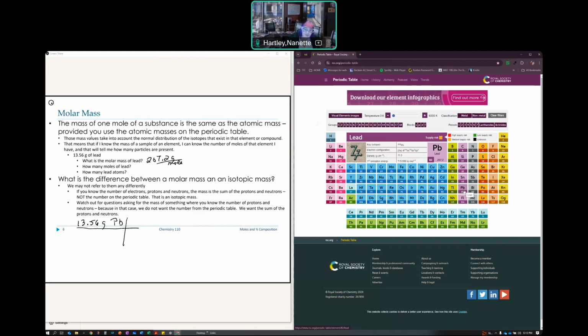So if I have 13.56 grams, and I know that 207.2 grams of Pb is 1 mole of Pb, I can cancel the grams, and that would convert me into moles. So I can take 13.56 divided by 207.2, and that gets me